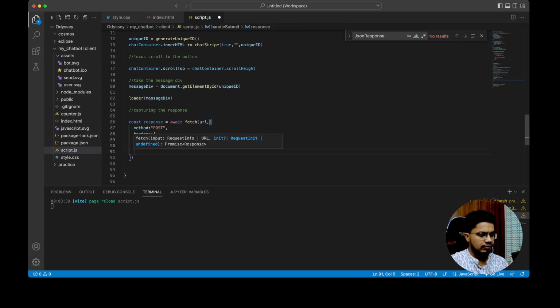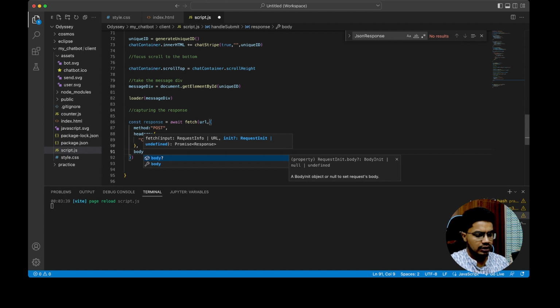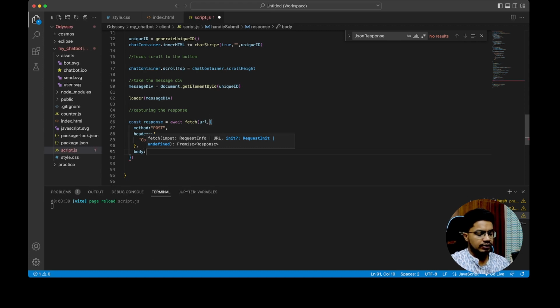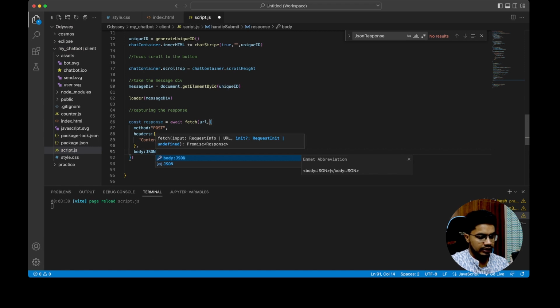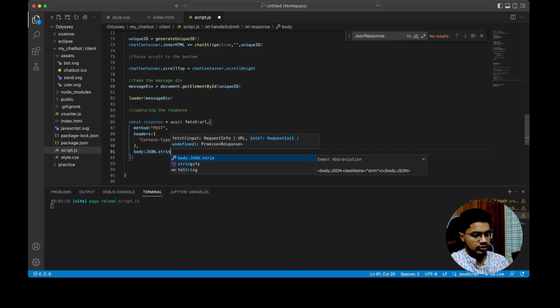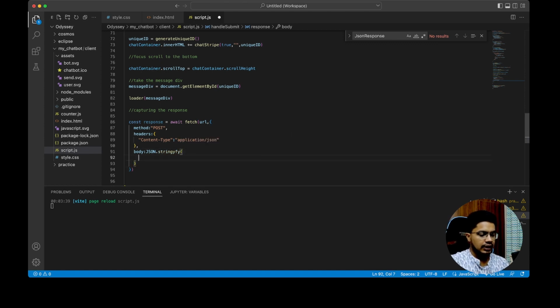And then we want to have a body, and in that body we want to send the prompt. So for the body, we want to make sure that it's in the JSON stringified fashion. So JSON stringify of basically the